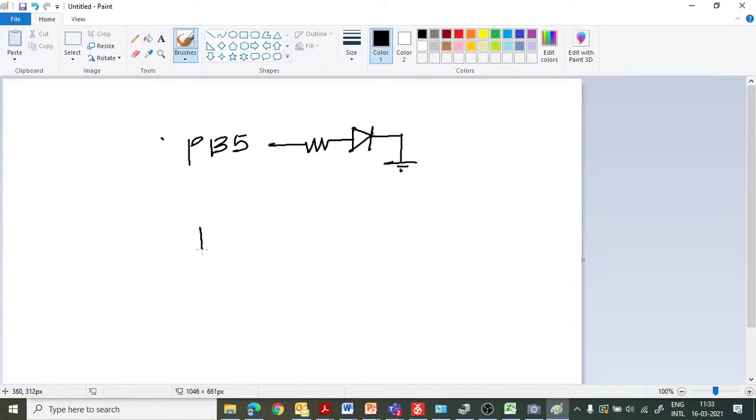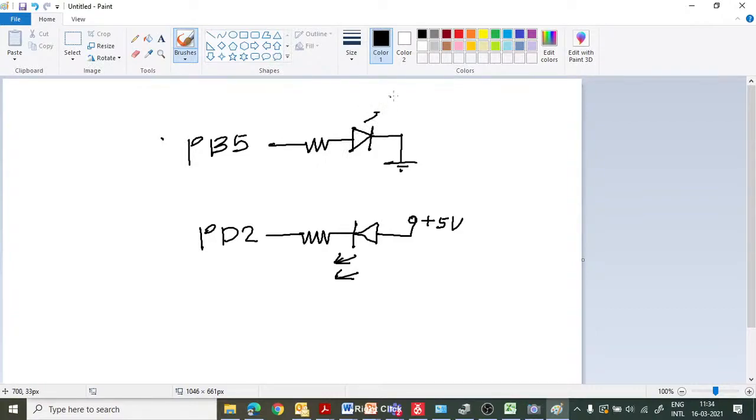With the external LED, PD2 is connected to the LED through a series resistor, and the LED is connected in this way, plus 5 volt. So this is the LED connection in case of PD2, and this is our internal LED connection in an Arduino